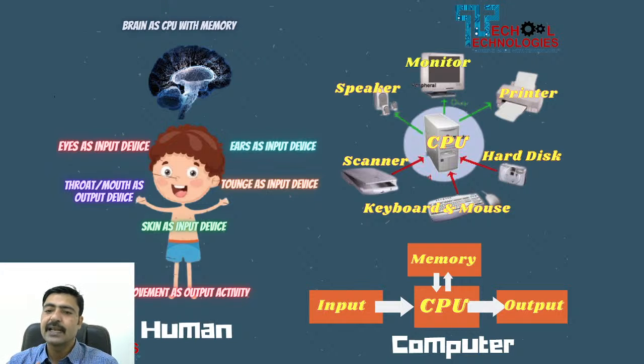As you are seeing on the screen, we have two images here. On the left side, I have shown you a human body, and on the right side, I have shown you a computer. Now compare these two things. If we see the human body, you can see that the human brain works as the CPU, and there is memory also. So our brain is nothing but a computer which takes input from different parts of the body, and then based on the program which we learned from the environment, from our childhood age, from the time of our birth,